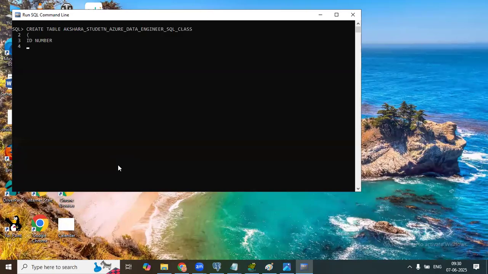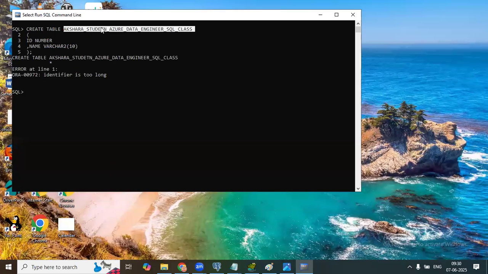I'll say ID number, name varchar2 of 10. It will give an error. Why? There is some rule. It should have only 30 characters in some versions. Based upon the version, it will be different. But there will be some rules about your table name length.